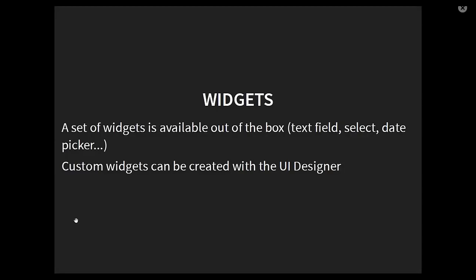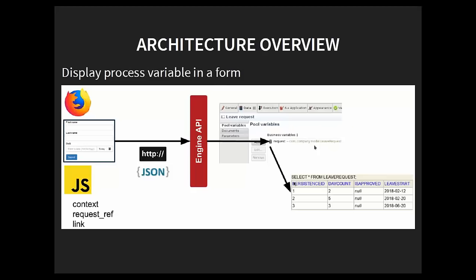To the widgets here. As I told you, we have a specific set of widgets that comes by default. We can customize our own widgets, and the idea of these forms is to make sure that we can also show information at some point. If you want to display a process variable, then you have to go on the other side, and for this, the browser will also make a REST API call.